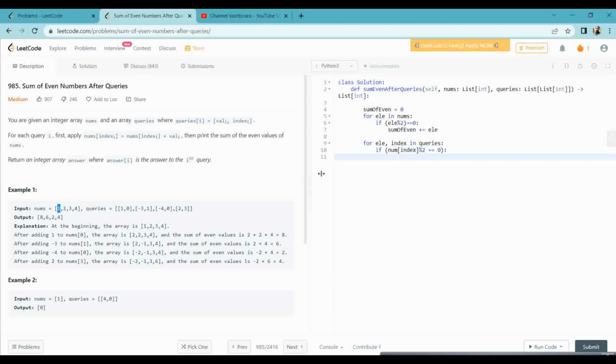No, it is not even. So if it is not even, okay, let's take first that it is even. Okay, now I'm taking that example. I need to add 1 at my zero index. Now it is not even. So what I need to do here is simply, if my current index value is not even,